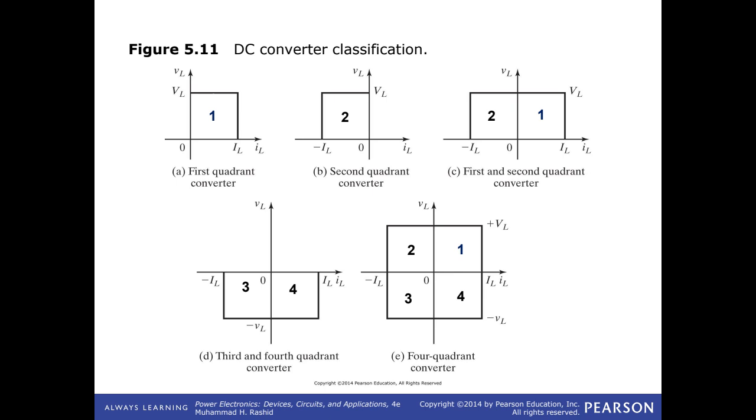One switch here, another switch there, one switch here, and another switch here. These are controllable switches. So that is the structure, plus and minus source. But these switches have